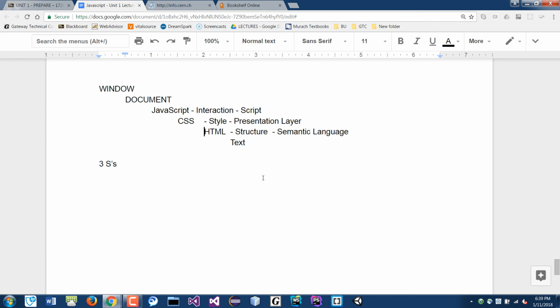The document object model is made up of something like this. So you will access the window object dot document dot what? Dot body dot HTML or something. Okay? So we'll be revisiting this again in the future. I'm pretty sure. All right, so